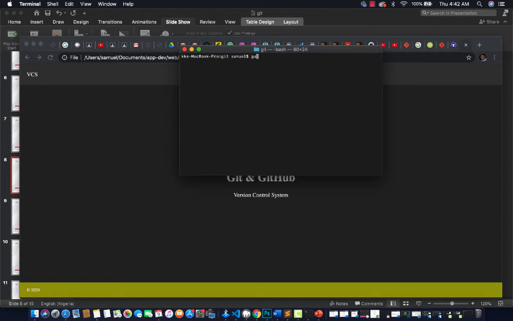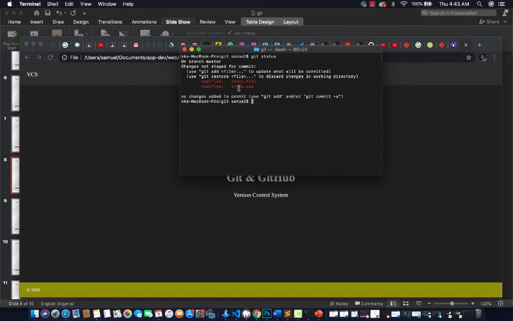Now I go back to my terminal and I use git status, right? This is what you will see. You will see some of the changes have been made, right? So I want to commit these particular files. I will now add them to the staging area so that I can commit them. So I'll say git add, right? So they've been added to the staging area. Now if I run git status, they should be green before I actually commit them. To commit them, I say git